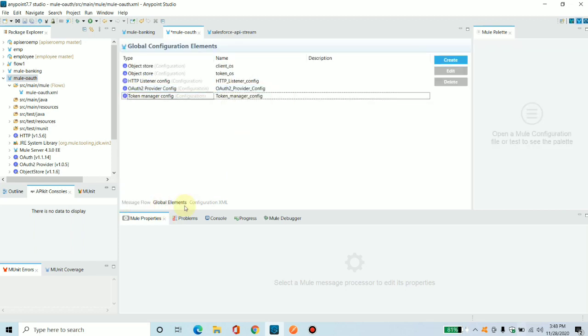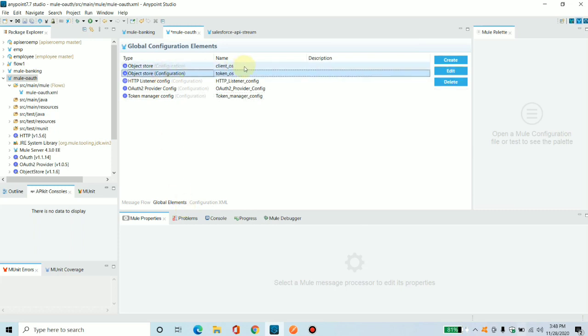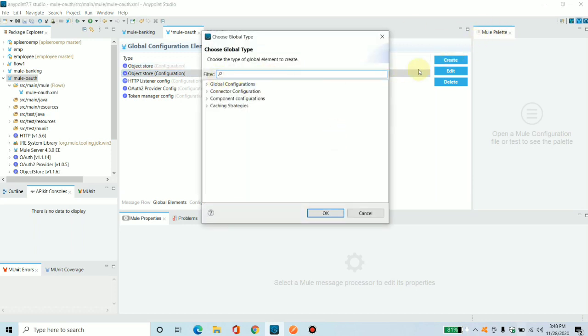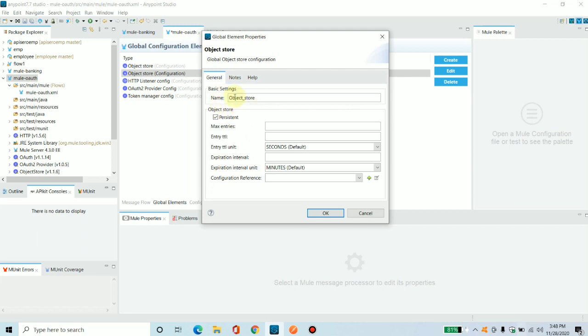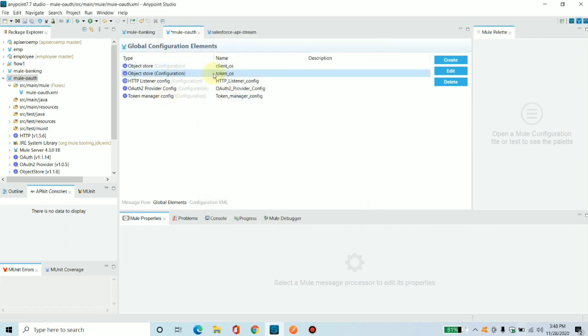In the global elements, what we have to do is create two object stores. One is for client and one is for token. For creating an object store, we just have to click on create and search for object store. Just name it and click on OK. And yes, one more thing,